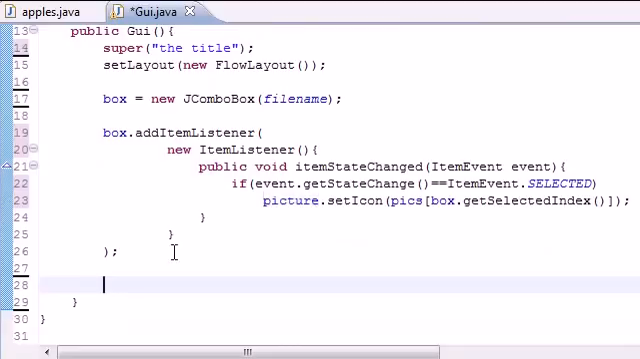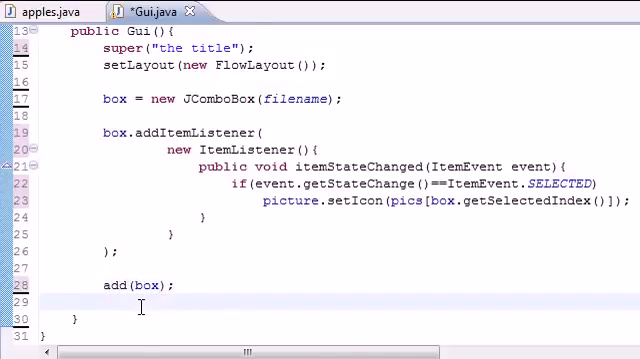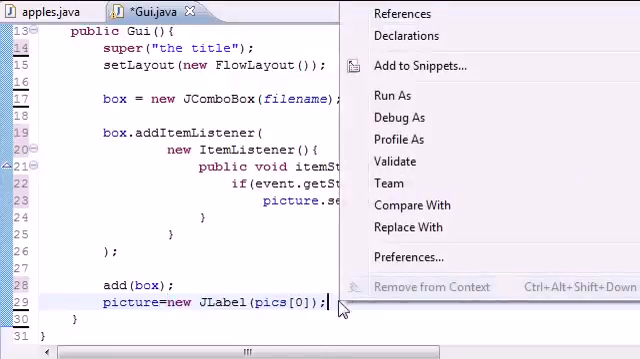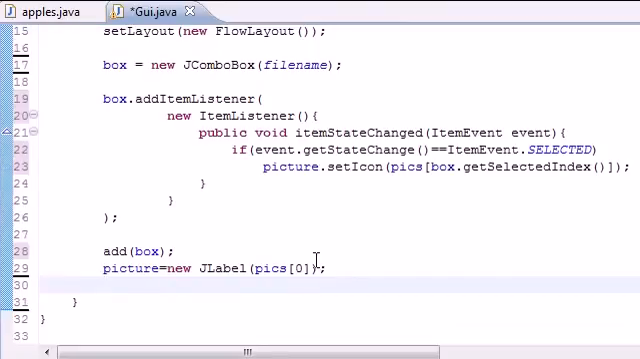So now we can get out of addItemListener, and we can add all this to the screen. So add that box to the screen, and remember that box is just a drop down box. Now we want to take that picture and add it to the screen, but by default let's set it equal to new JLabel, and we'll do pics[0], and this gives it a default value, so something appears before you choose any options. And lastly, let's add that picture